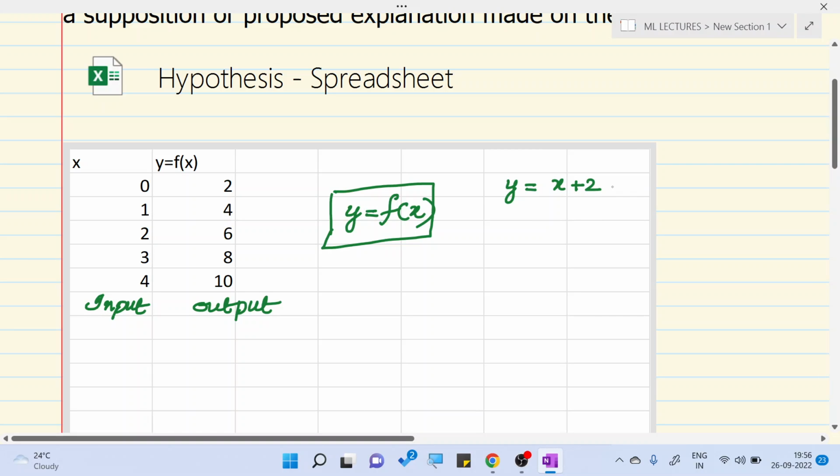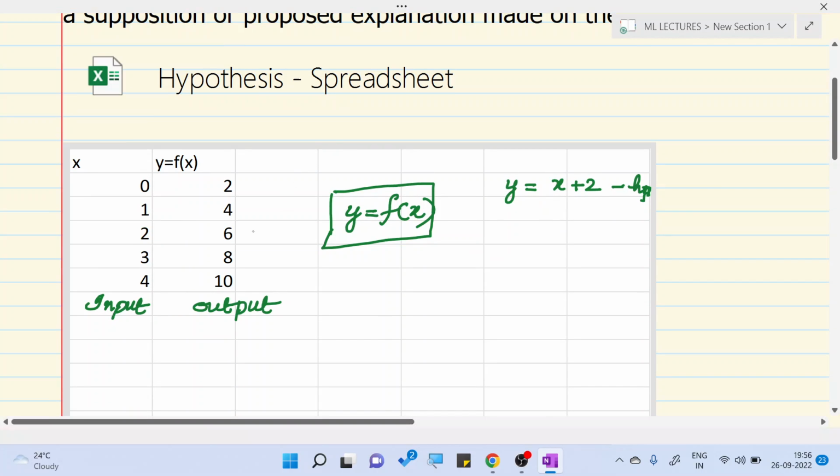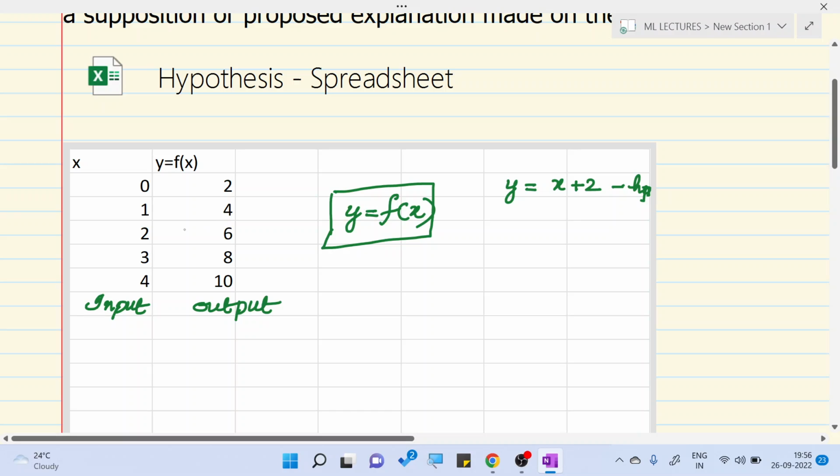That is a hypothesis. Let me say h1, small h1. That is true for the first example, when x is equal to 0, y is equal to 2. But when you come to the second example, the value according to this hypothesis is 1 plus 2, 3, 2 plus 2, 4, 3 plus 2, 5. So this hypothesis is true only for